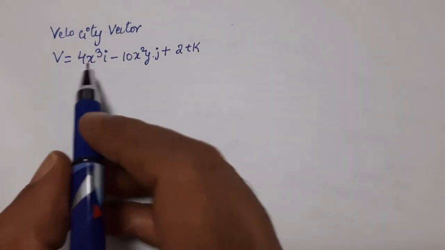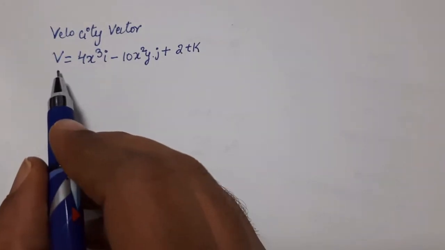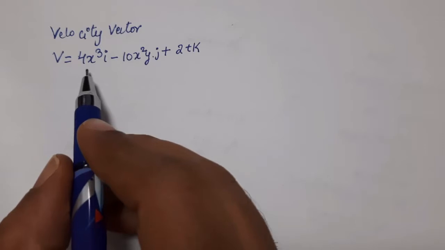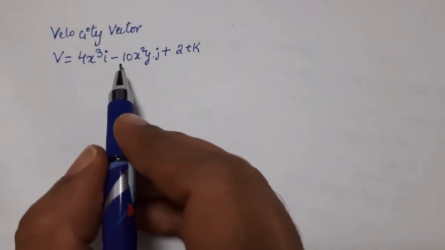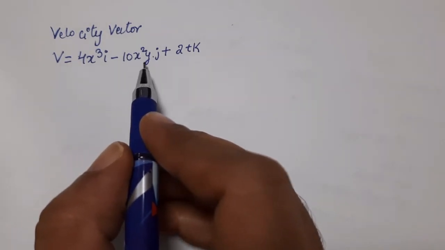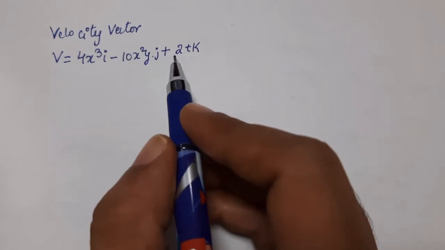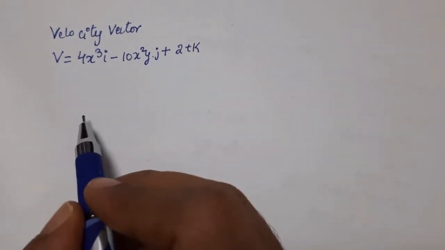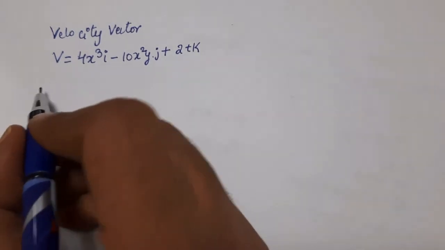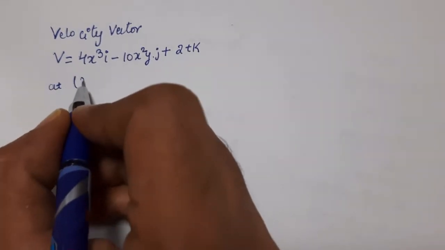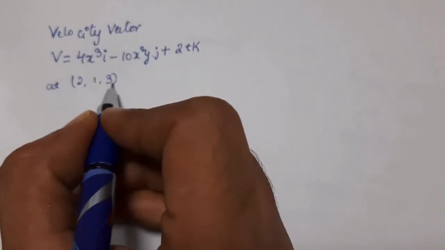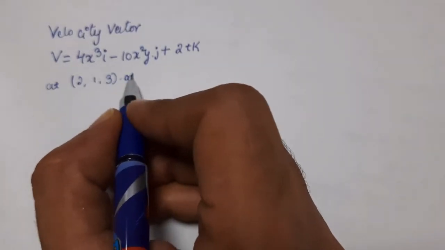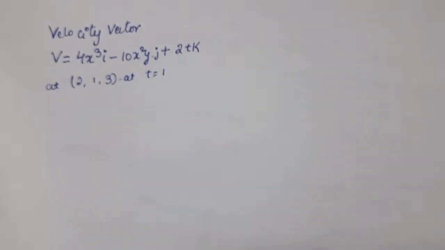Now, the velocity vector of the fluid flow is given as v = 4x³ i − 10x²y j + 2t k. Now, we need to find the velocity and acceleration of the fluid particle at (2, 1, 3) at time t = 1. Now, we know that